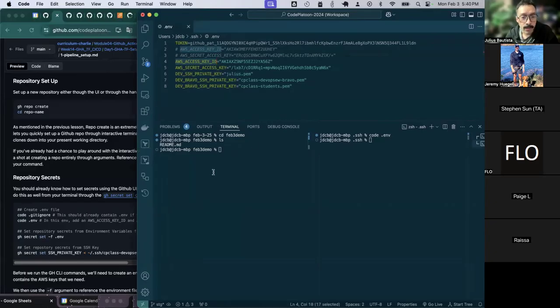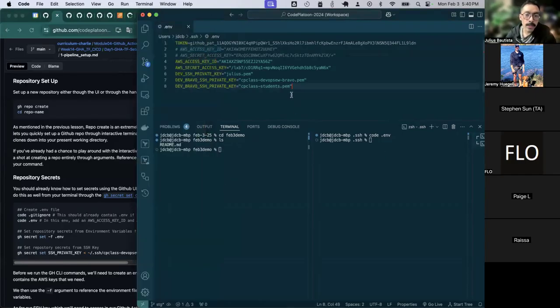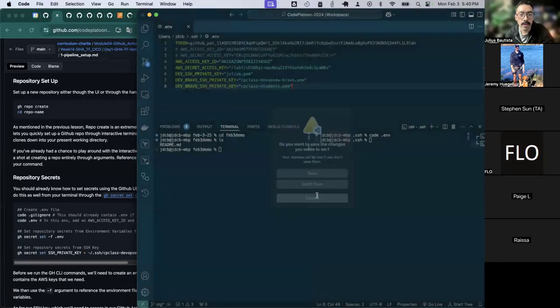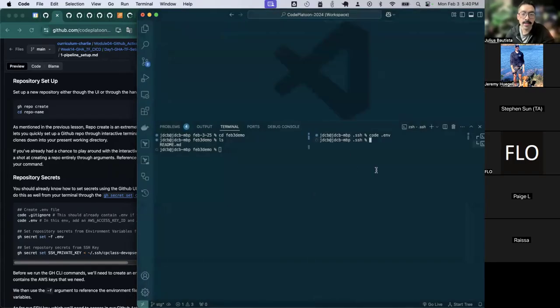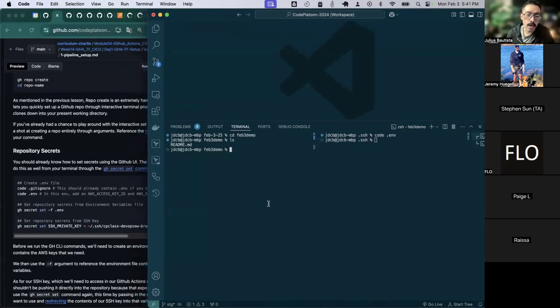You could have it inside of the project, which is what this README is suggesting, or you could also have it stored in a somewhat permanent location, right? In my case, I've got my environment file inside of my SSH folder. So where it tells us to run some of these GitHub command line commands, I'm just going to make sure to